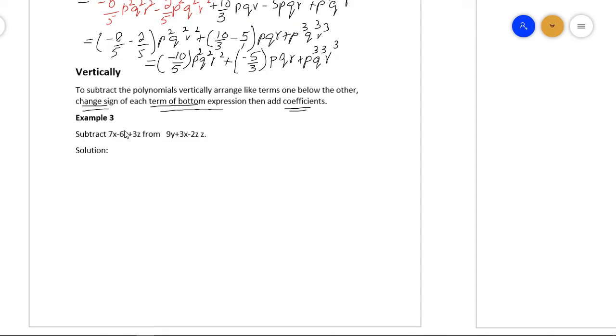So let's start. We have to subtract the first polynomial from the second polynomial. So we will write the second polynomial first, 9y plus 3x minus 2z. This one is extra. Okay, now we have to subtract this. So first term is 7x,